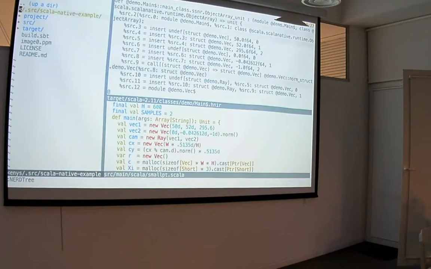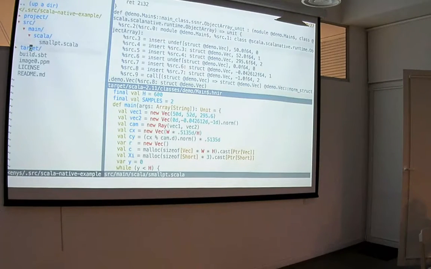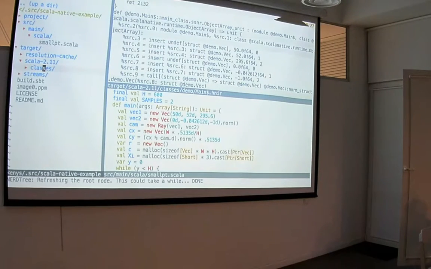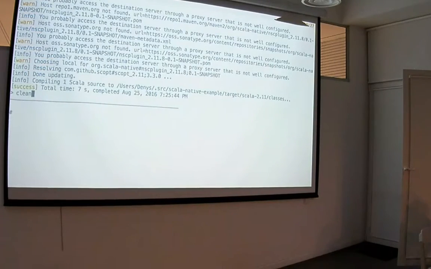And then, keeping this open, we will open LLVM IR. Okay. I cleaned everything up.